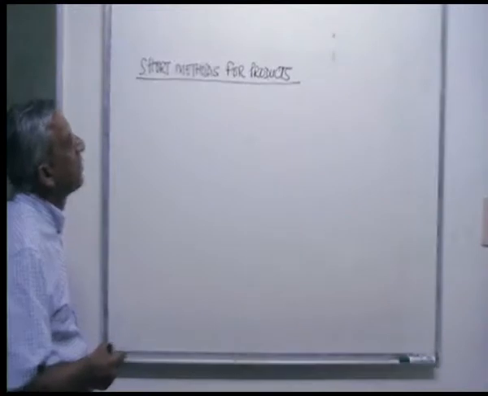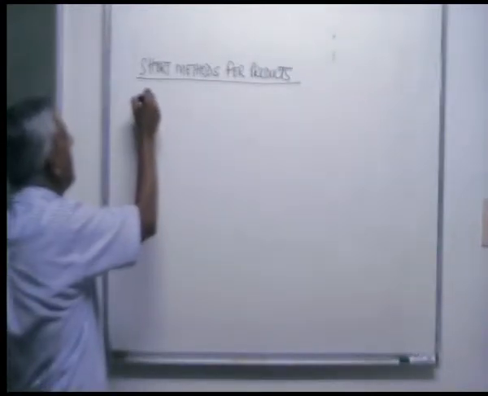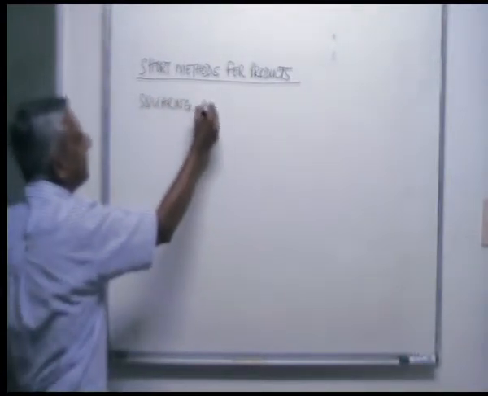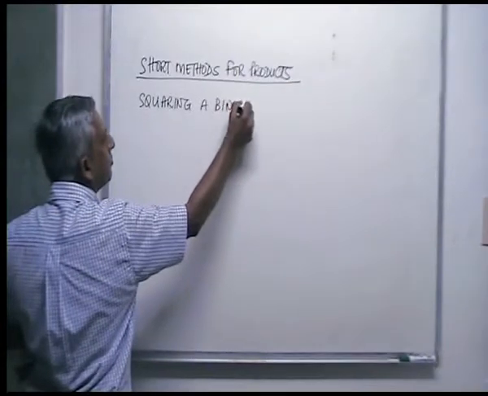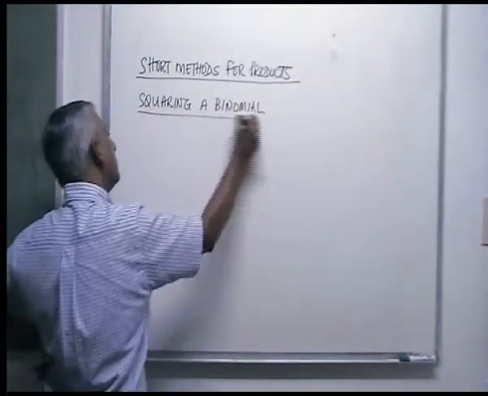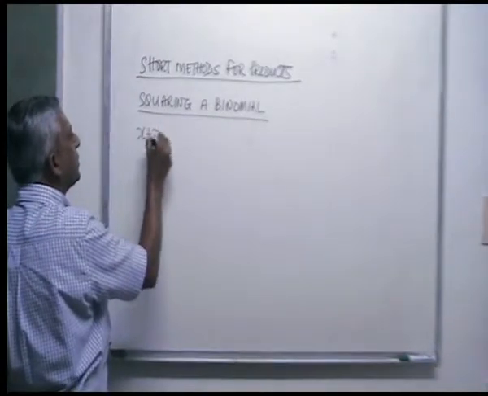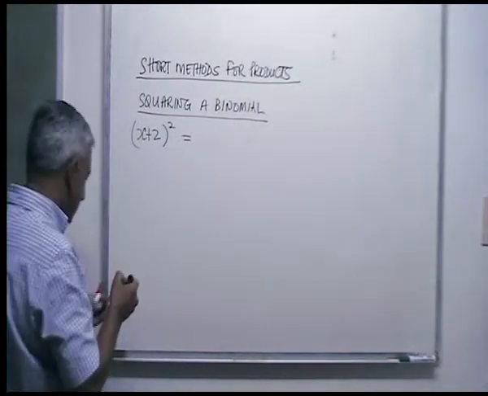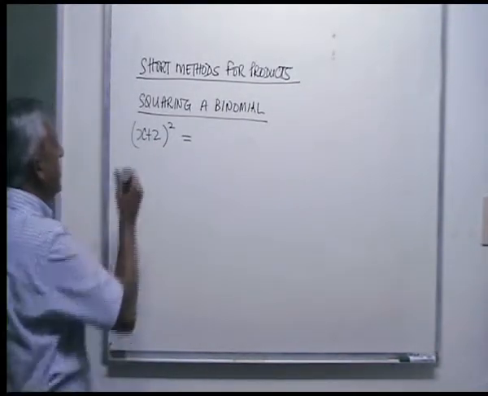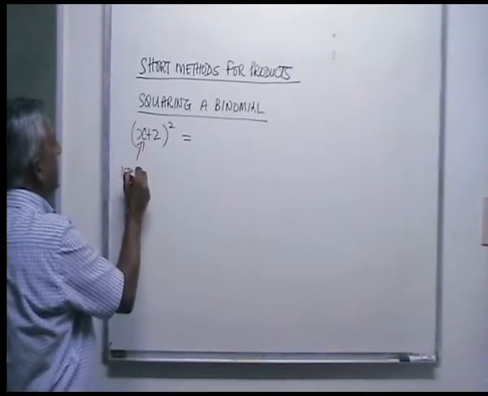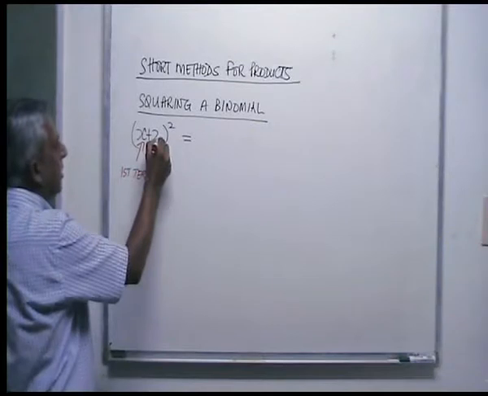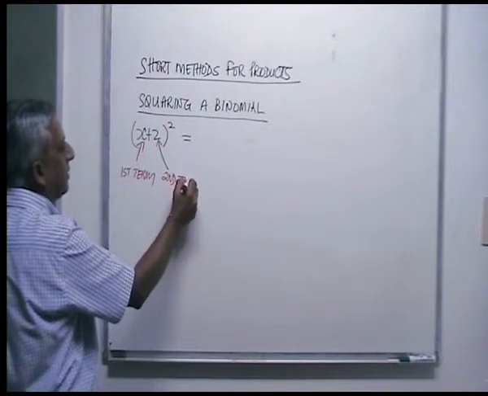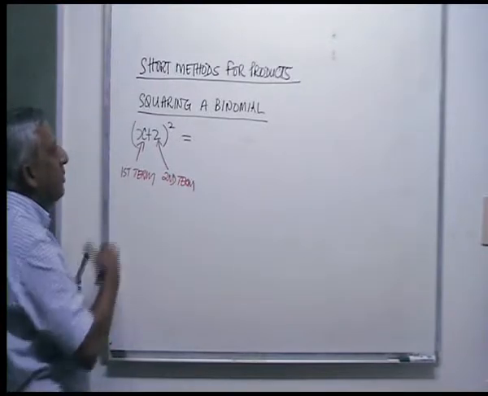Alright, so here are the short methods for products. The first one we're going to do is squaring a binomial. So if you got x plus 2 all squared, then you've got to first understand what we mean. So we're going to call that the first term, and we're going to call plus 2 the second term. So the short method for this is